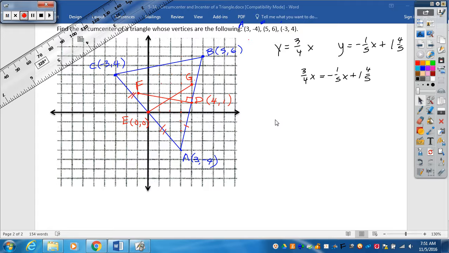If we multiply everything by 20, 3/4 of 20 is going to be 15. 1/5 of 20 is going to be 4. And 4/5 of 20 is going to be 16, and if we add 16 to the 20 there, we get 36. Now, if I solve for x, adding 4x to both sides,